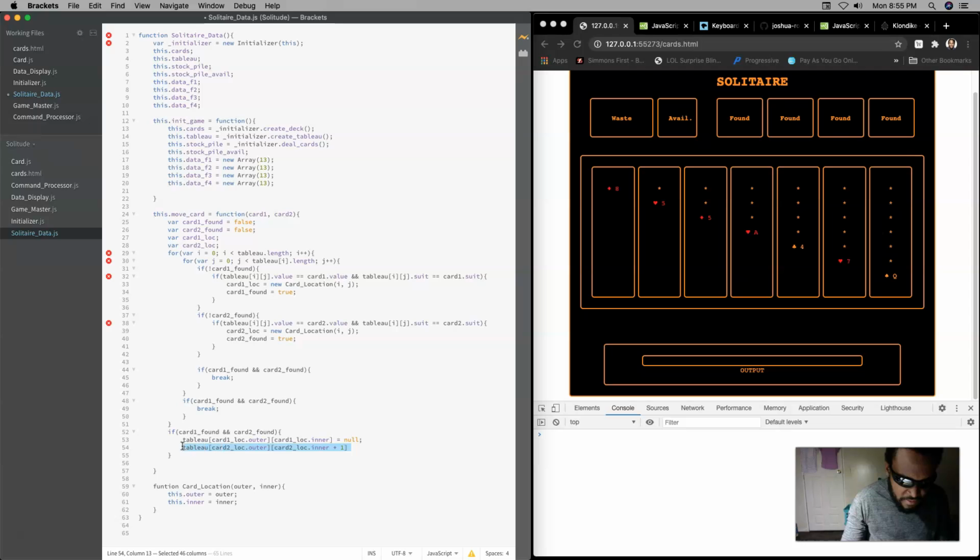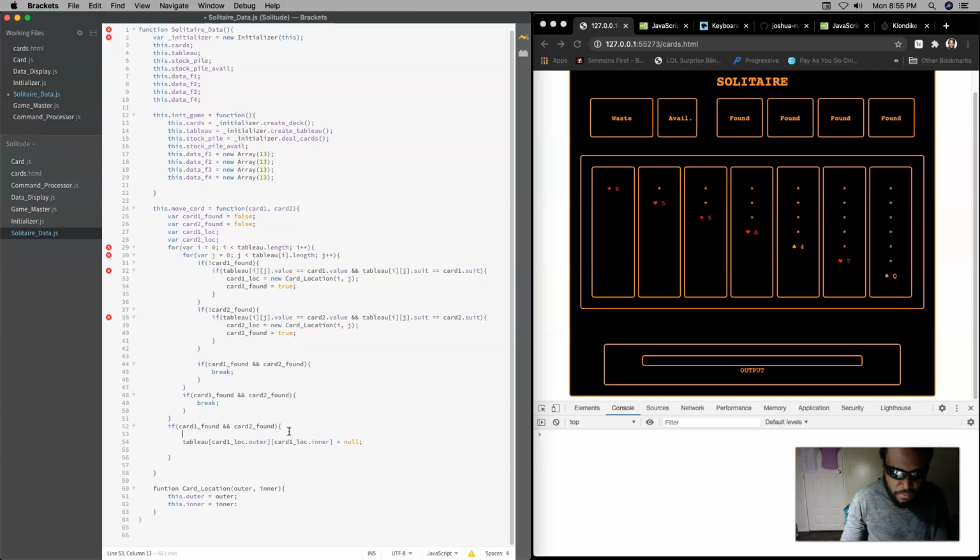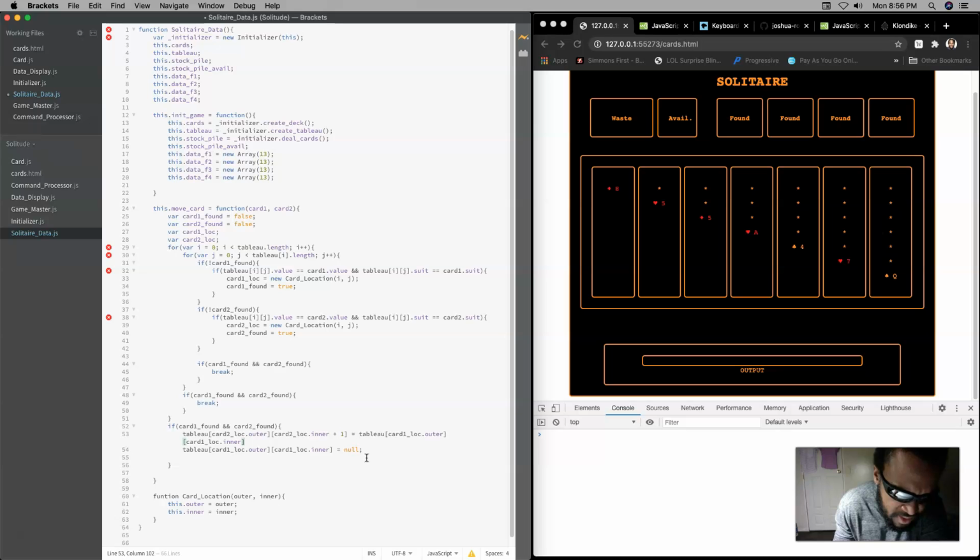I want to do this first because I'm actually about to move this. It becomes this. Okay, it becomes the other card. And then the original one gets nullified. It's no longer there. And then I can use this information